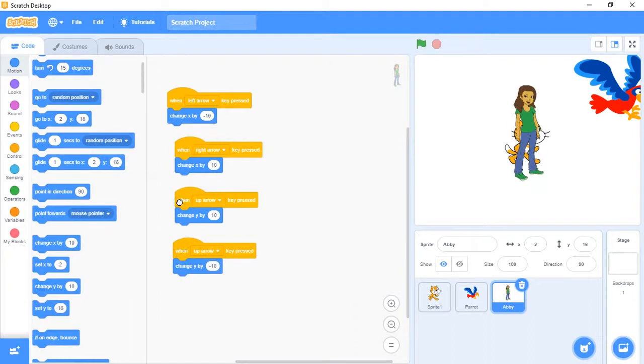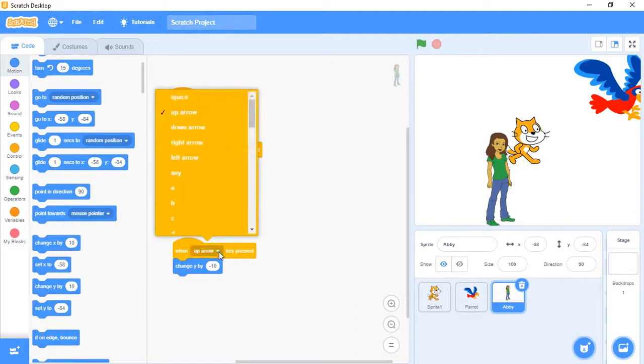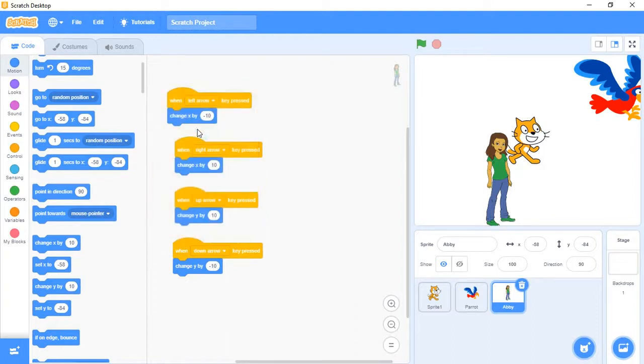So positive means up, down means negative. Up, left, down, right. These are the up arrow, down arrow, right arrow and left arrow options.